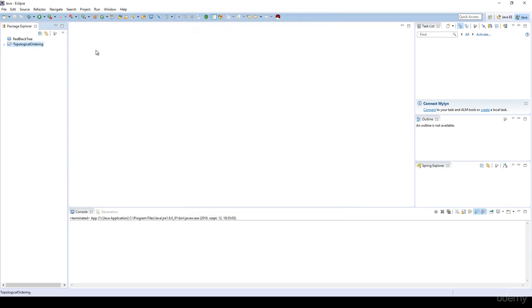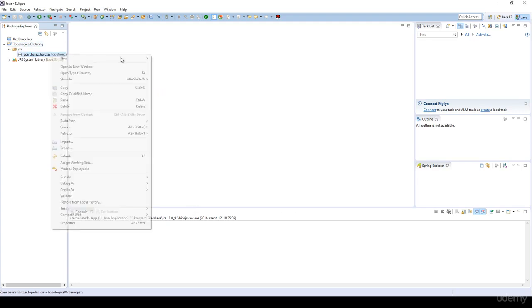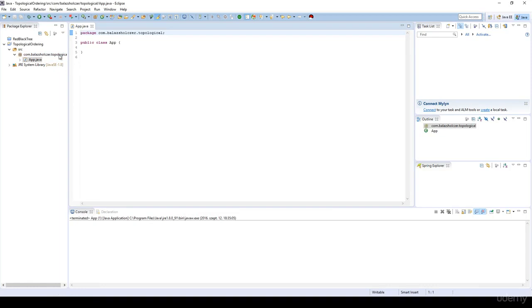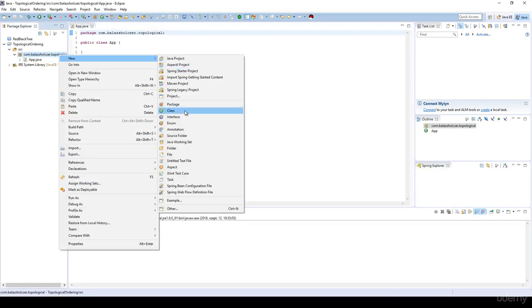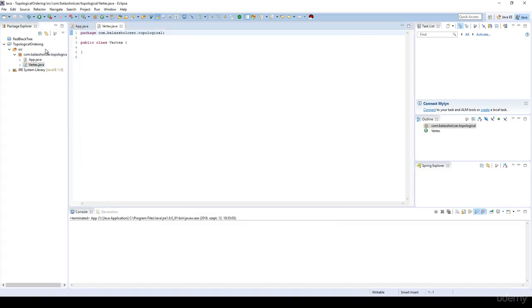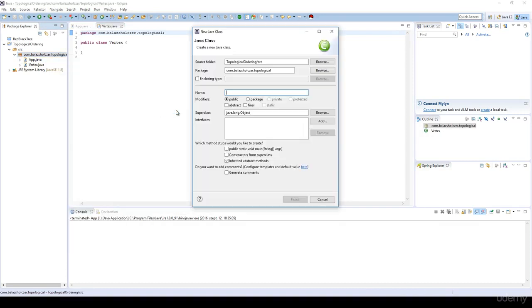Okay, I'm just going to create a package with the name, for example, com.myname.topological. Okay. And I'm just going to create three classes. The app.java, from where we are going to test our application. Then we are going to have a class that's going to represent the vertices, so the nodes in the given graph. So it is the vertex. And we are going to have a class that's going to store the algorithm itself, so the depth first search basically. For example, topological